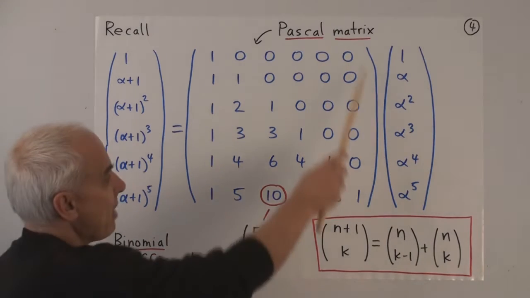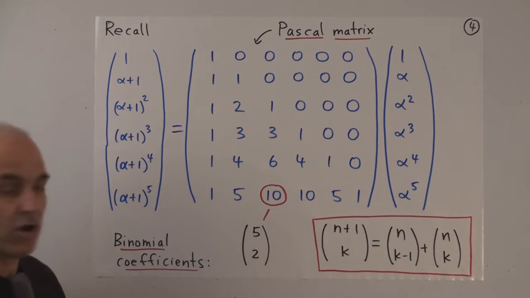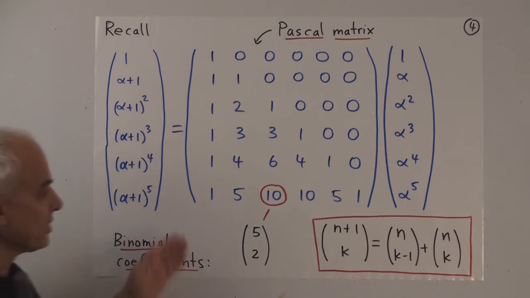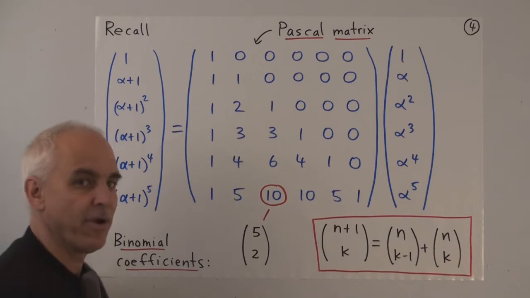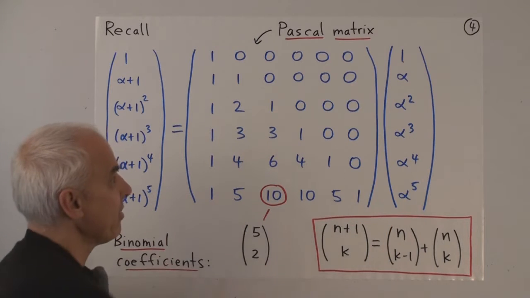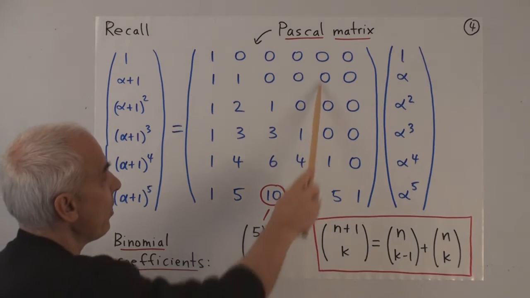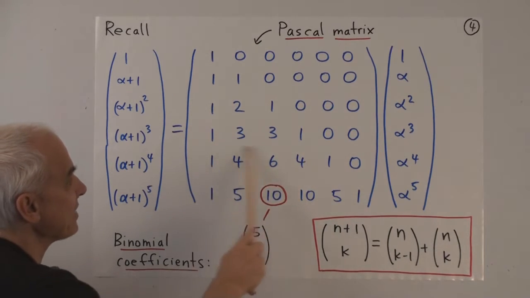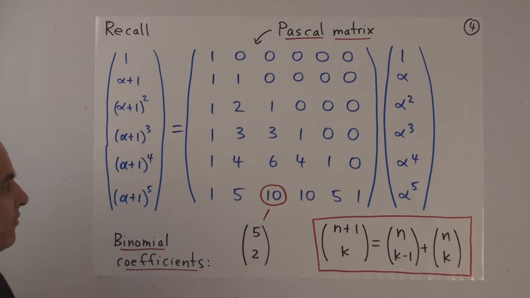This matrix here we'll call a Pascal matrix. So the whole matrix captures part of what's usually called the Pascal array. Of course, we can do this not just for 5, we can do this for 6, 7, or any number. And we get bigger and bigger Pascal matrices. But the Pascal matrices for the smaller ones are contained inside the bigger ones. So that one there would be the Pascal matrix if you went up to degree 3, for example.